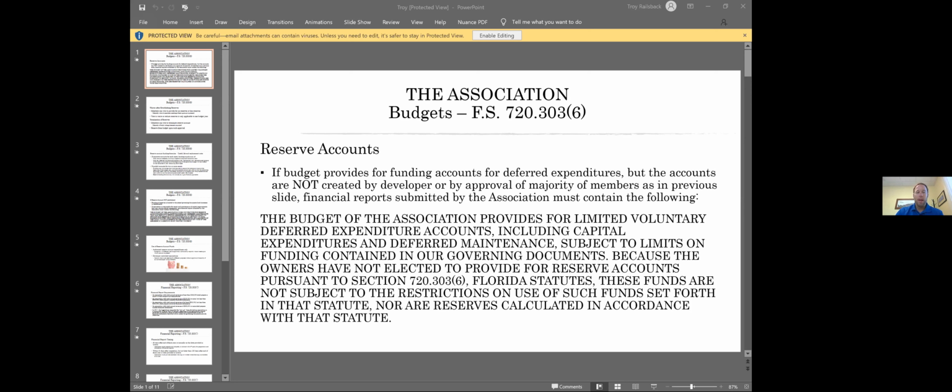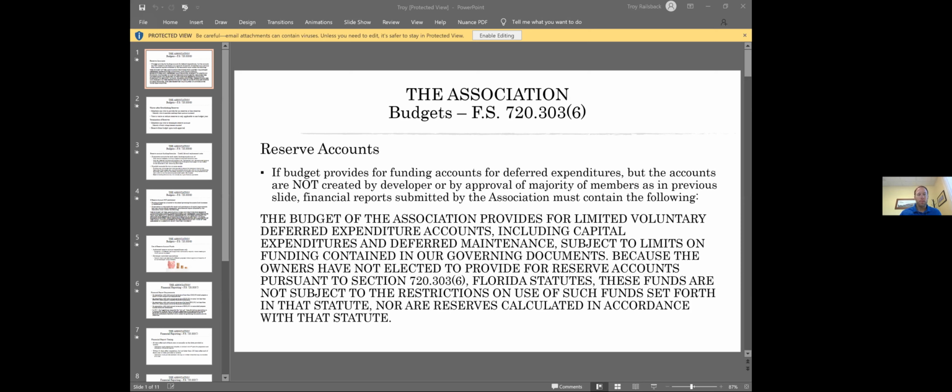When you adopt your budget, there are certain basic fundamental things that need to be implemented. There's language on the screen now that basically says if you are not providing reserves in your budget and have identified deferred expenditures, you need to put this language on your budget. It's required so that everyone knows that there's something that's not funded.